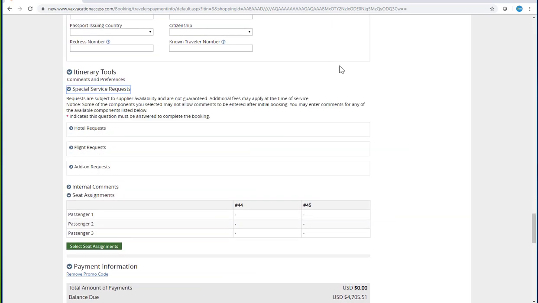So special service requests. I kind of want to touch base on special service requests. So a lot of the hotels nowadays are via a direct link. So once you make a reservation, everything's sent over to the hotel. You're not going to be able to add special service requests after booking. You'd have to reach out to the hotel. You can do that directly. You can reach out to customer care, and we can reach out to the hotel, let them know, or email the hotel,